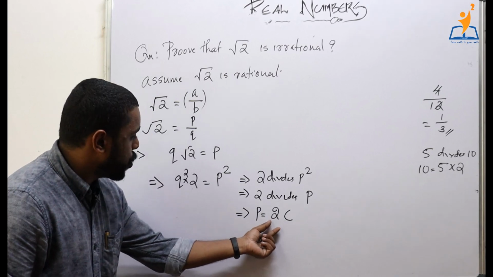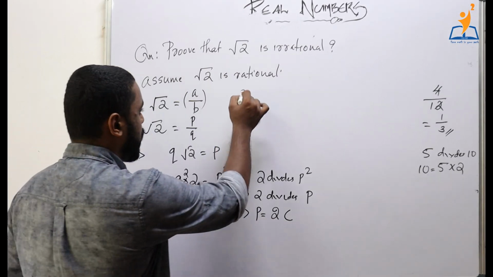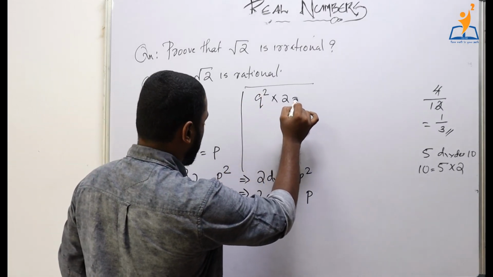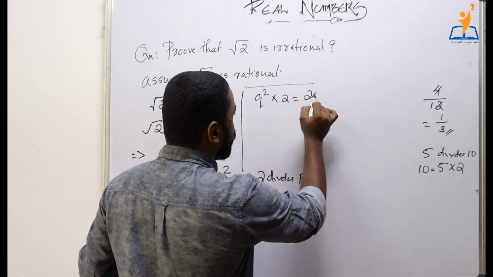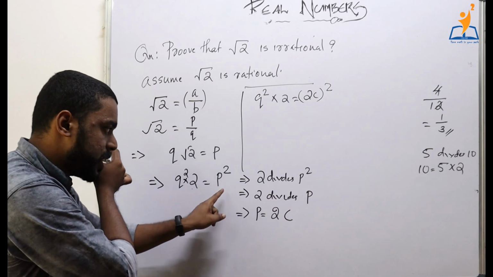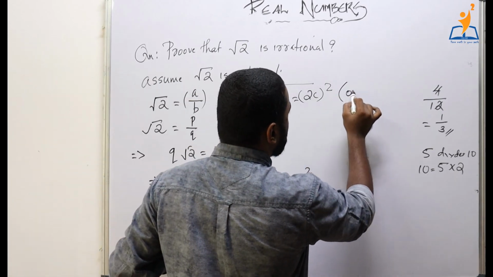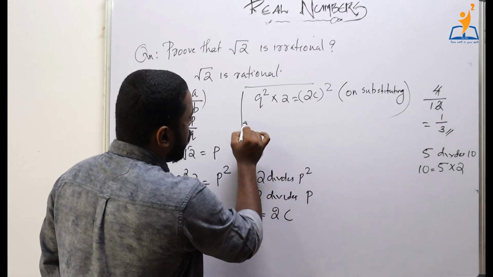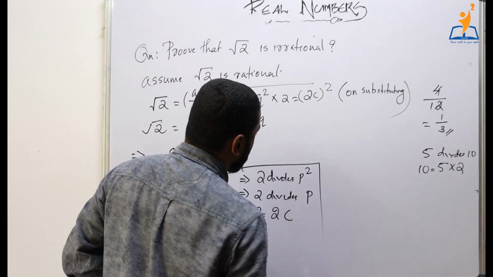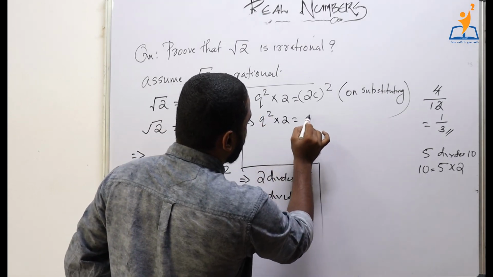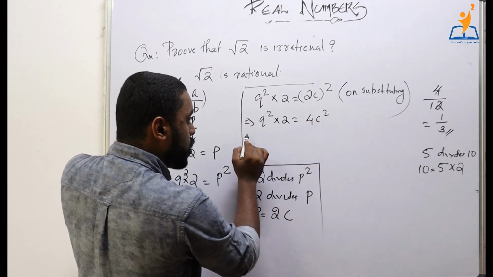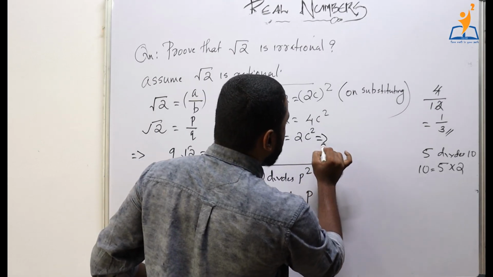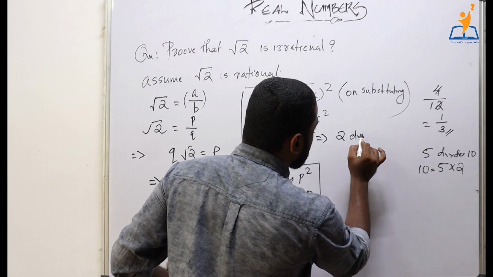Now we are going to substitute p equal to 2c here. So when substituting, q square into 2 is equal to 2c the whole square, since p is equal to 2c and here we have p square. Which implies q square into 2 equal to 4c square. So we can cancel out 2. So we have q square equal to 2c square,